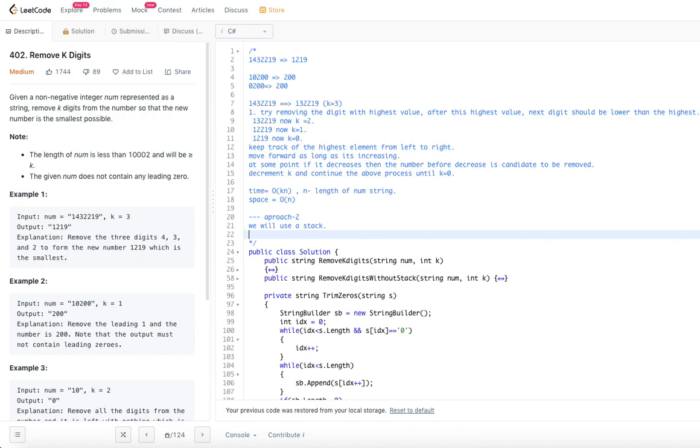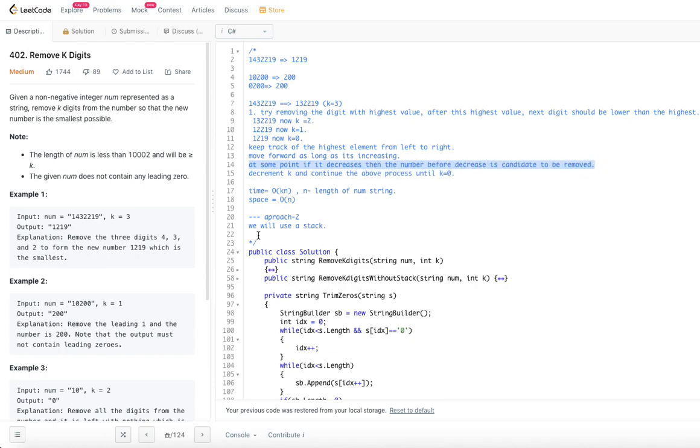Now, as long as the elements are increasing, we push into the stack. But once you see a decrease, we pop whatever is on the top of the stack. That's what we are doing essentially here. We go from left to right, and as we see a number decrease, we take that as a candidate and remove it.